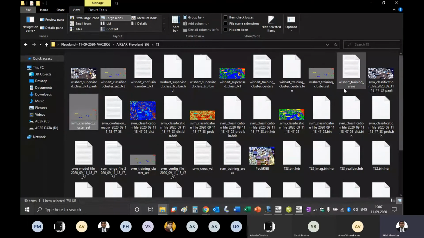Can you see this cluster set for SVM and cluster set for Wishart? They both are the same. So if you want, you can just open it and check.